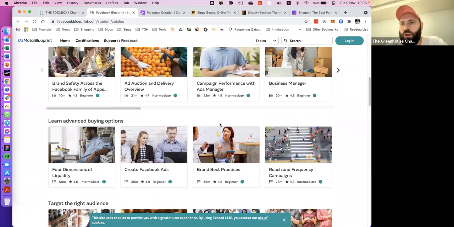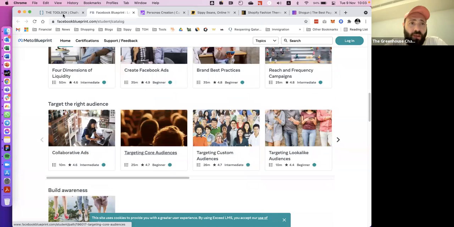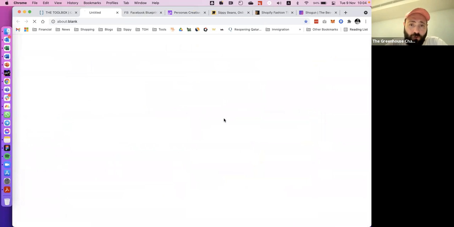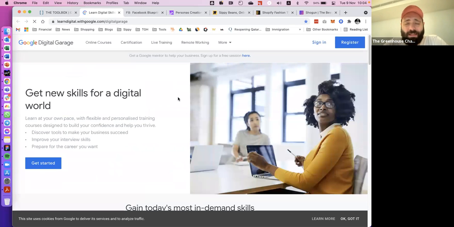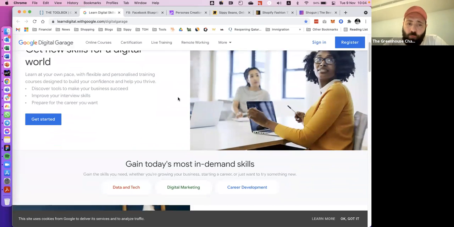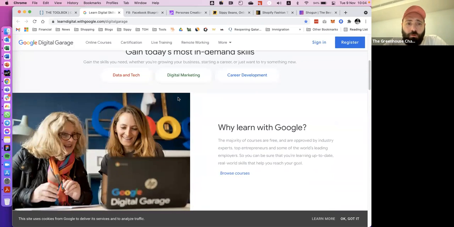You go through a very light way of absorbing information. They quiz you afterwards. They help you in the places that you missed out. And you can actually get certifications if that's something that's important to you. But it's really, really great resource. Google has the same thing called the Google Digital Garage. And it's really the same concept when it comes to all the Google products,